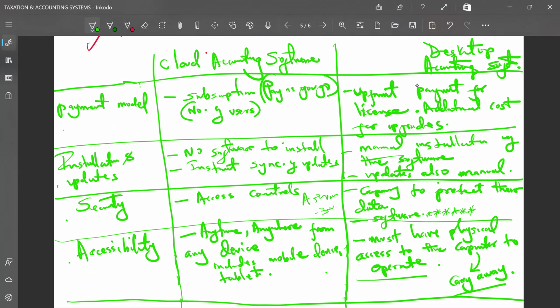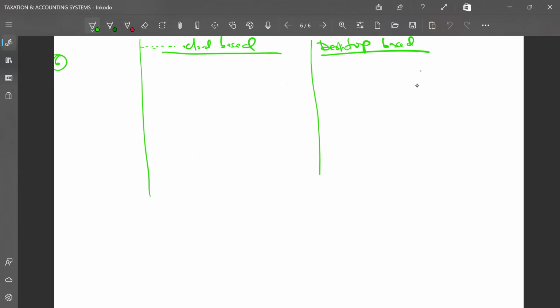You don't have to go to the premise to be able to access that data. If you are an entrepreneur or a business person, you are on the move, you are doing some other things, but then you are able to see your financial reports from wherever you are. How convenient is that? It is for you to decide which accounting software to employ, depending on what works for you. But the good thing is you now know what to consider and you have the knowledge of the points of differences between these two.